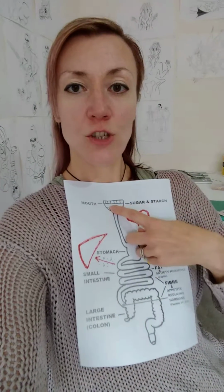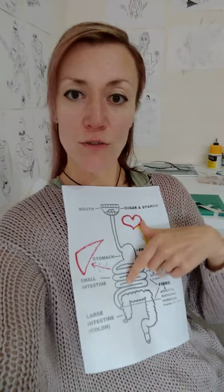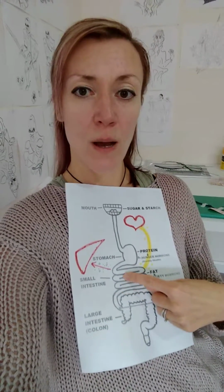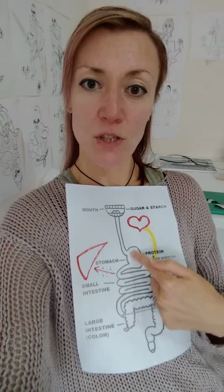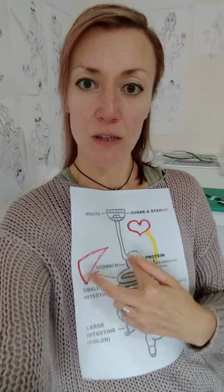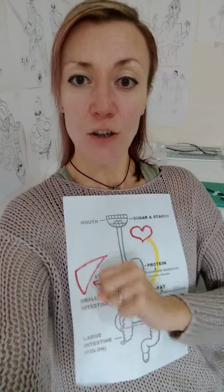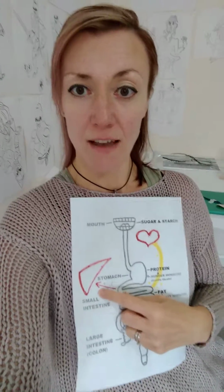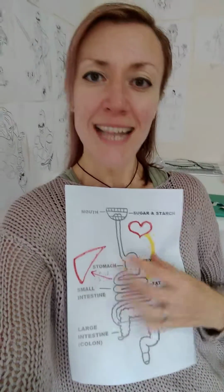So, going back to this diagram, we have sugars and carbohydrates, sugars and starches. Our carbohydrate energy will whiz through the quickest, especially if we're not eating it with fibre, and go directly to our liver. Proteins are like pebbles that need grinding down. They're going to hang around in our stomach. So there you go, there's a natural separation. And then fat is too big. The globules of fat are too big to get this way, so they go up the yellow brick road. Can you see it's like this natural separation of dealing with these different energy sources. Okay,